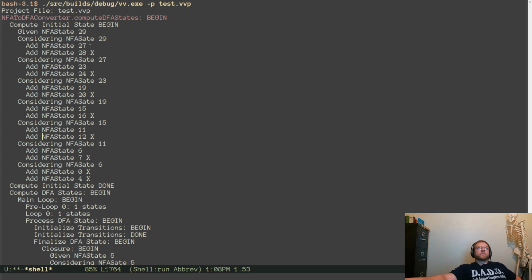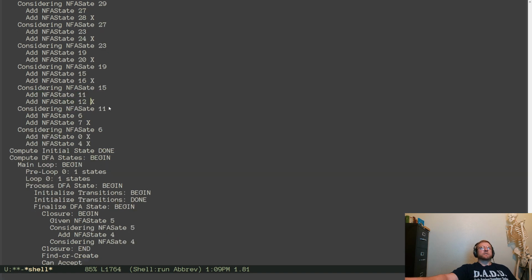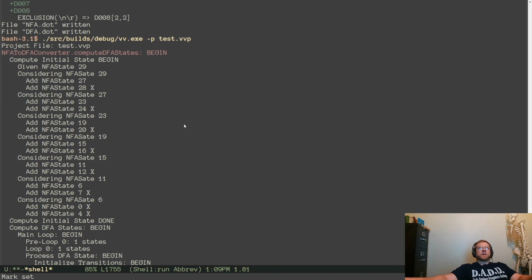Okay, so from 28, we add 27 and 28, which is visited. Okay, so that's why it's not being added. If we go to state 0, add NFA state 0, it's already considered visited somewhere else. Okay, so that's our problem.